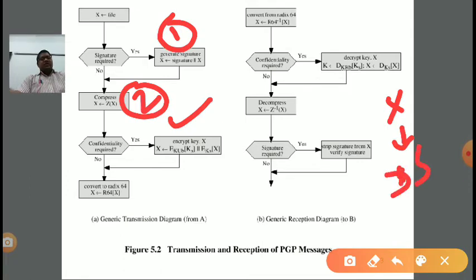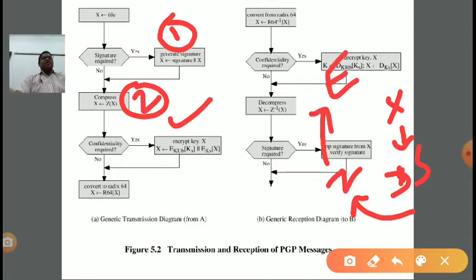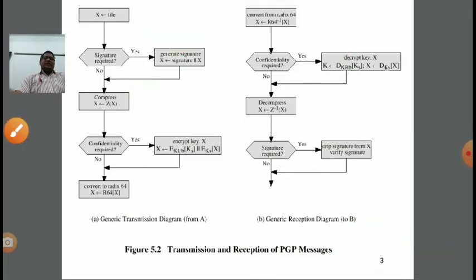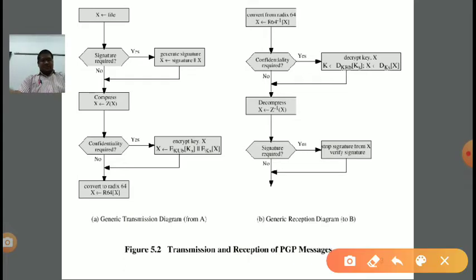Clear? On this digital signature we applied what? Z. On this Z we are applying what? Encryption. Clear? So we applied digital signature, we applied compression, and the third step is encryption, right? After applying the encryption, the third step is done.